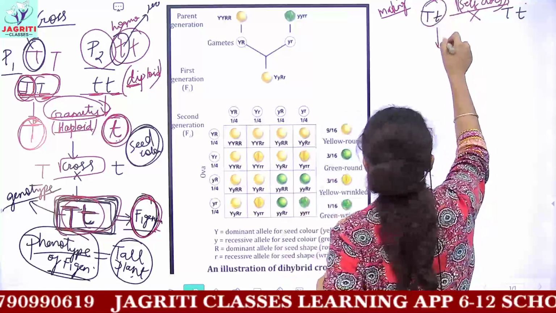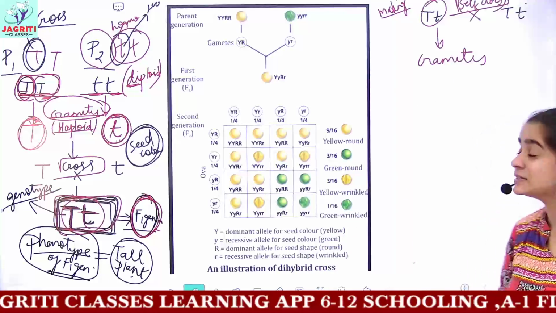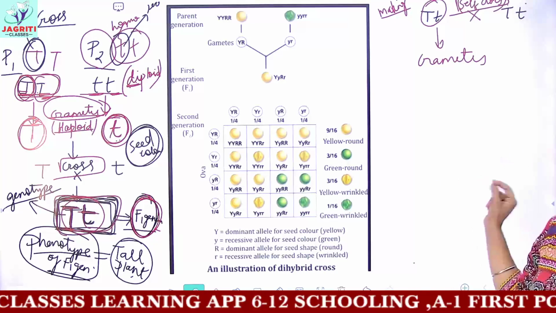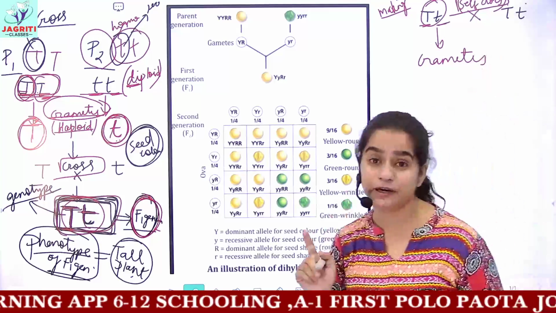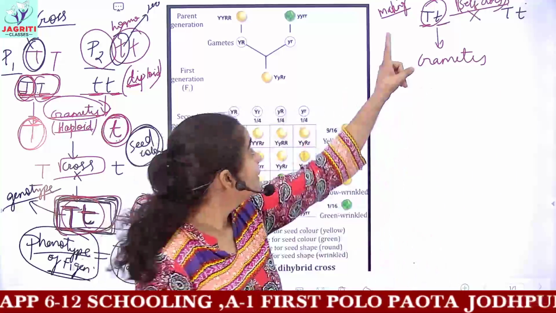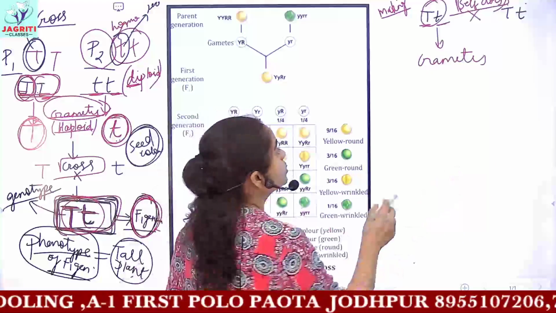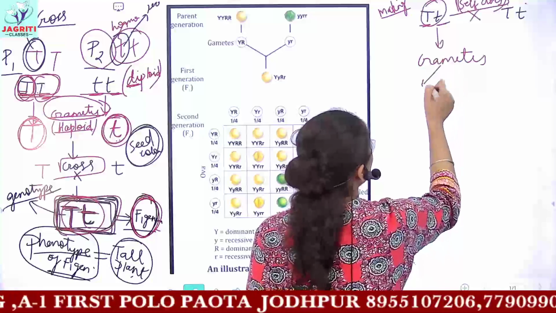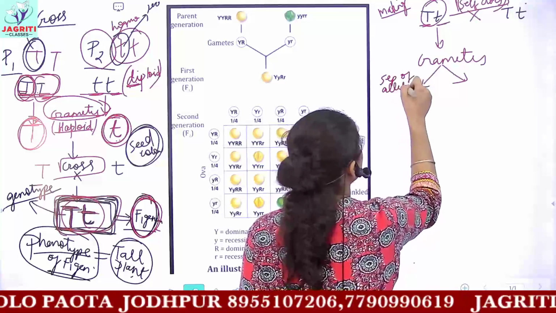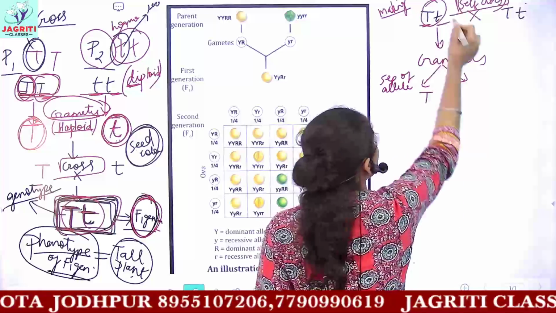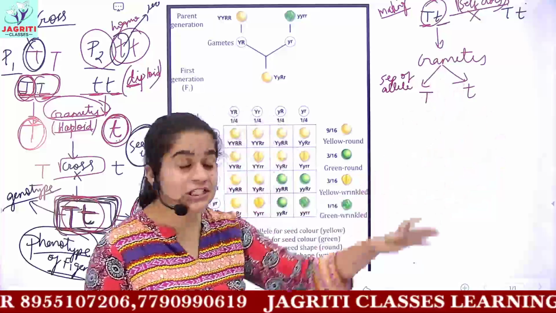So now we self-cross the F1, and before self-crossing, because we need to cross, whatever you have here, you have to form the gametes. And I told you, during the formation of gametes, the alleles separate out. I discussed just recently that you have different types of alleles in F1. One allele is capital T, the next allele is small t. So the alleles will separate out from each other.